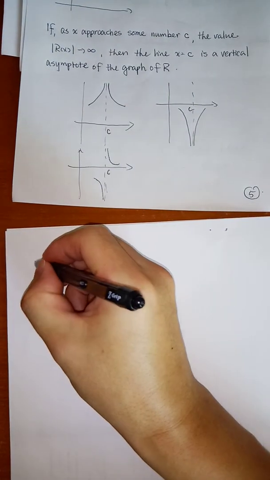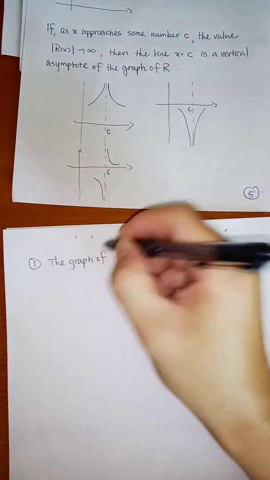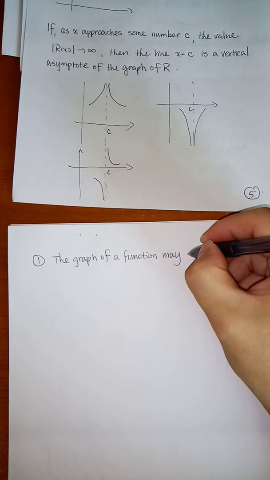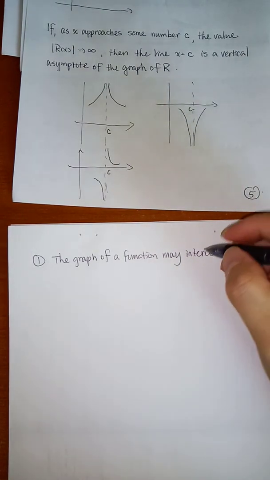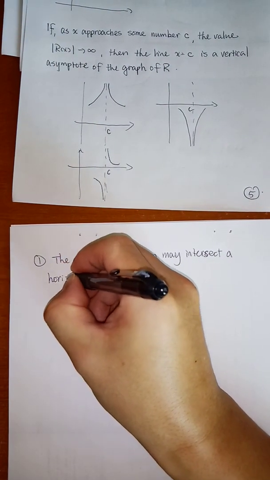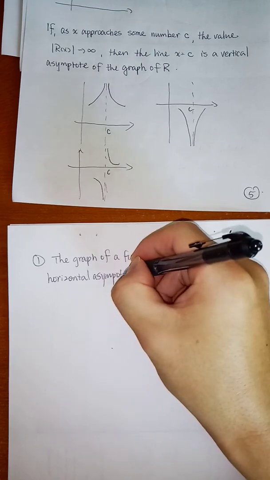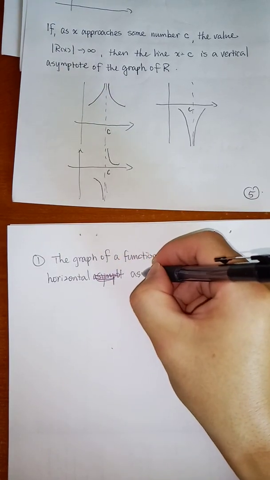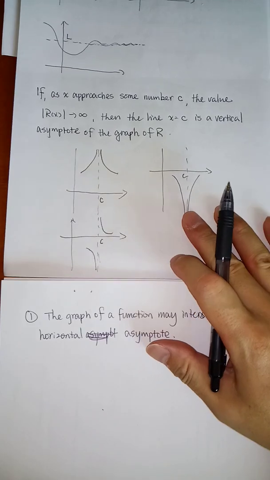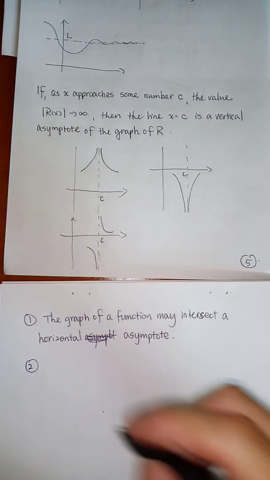But if you talk about the graph, so let's say this. 1. The graph of a function may intersect a horizontal asymptote. Like this. But if we go back to our rational function and the vertical asymptote, the graph